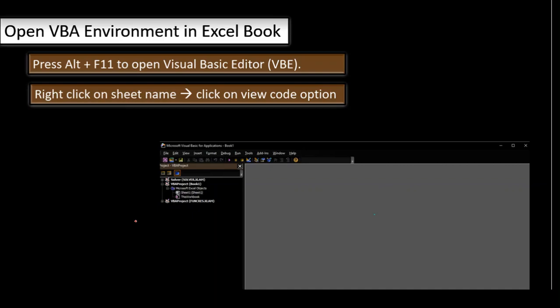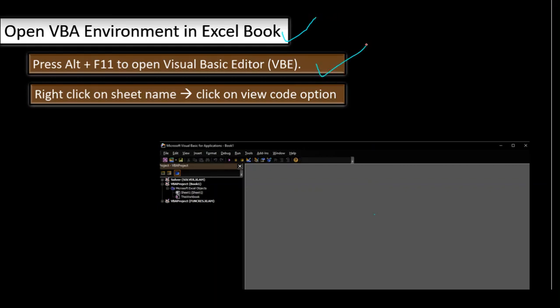Today we learn how to write VBA code in Microsoft Excel. For that, first we have to open the VBA environment in the Excel workbook, and we have multiple options.